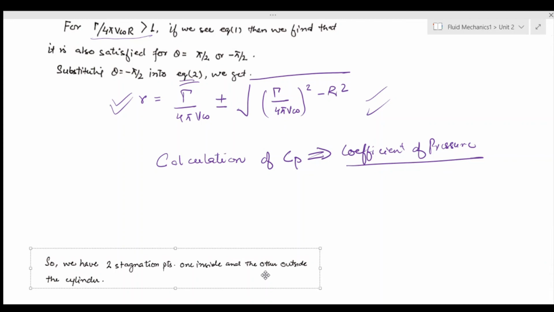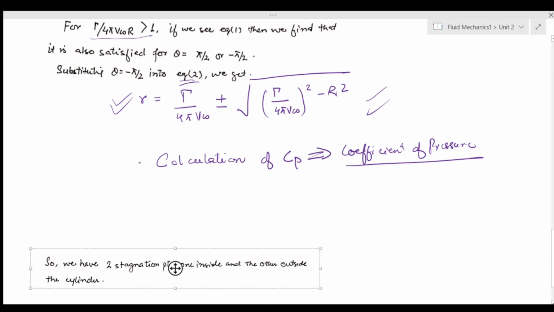Using Bernoulli's equation, we would convert our kinematic parameters into dynamic parameters, meaning from the velocity field I would get an idea about a pressure field, and that pressure field would give me an idea about the forces involved. But for that I need to use Bernoulli's equation, which will come later in unit 3. So I'm leaving that part, and once I cover it in unit 3, I would come back here again and finish these portions.